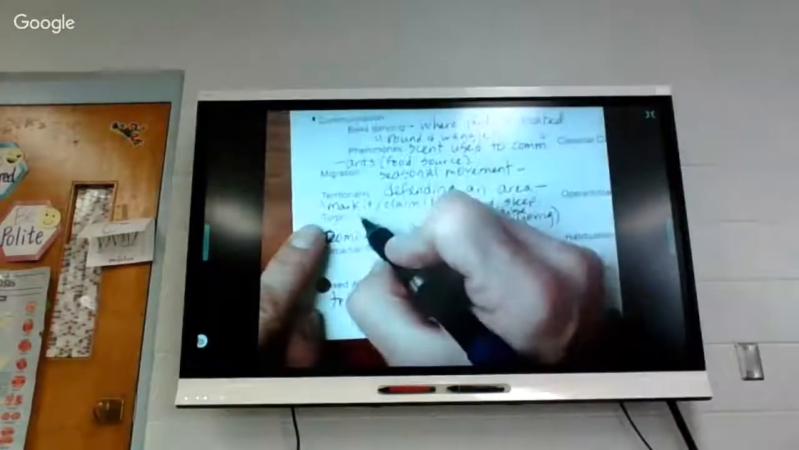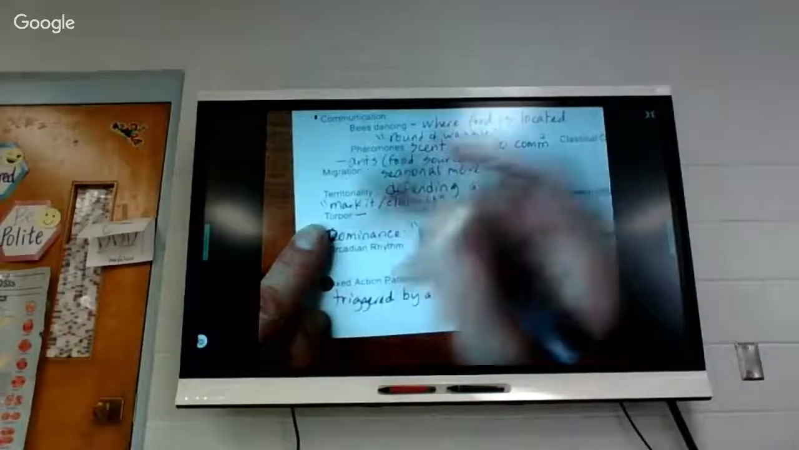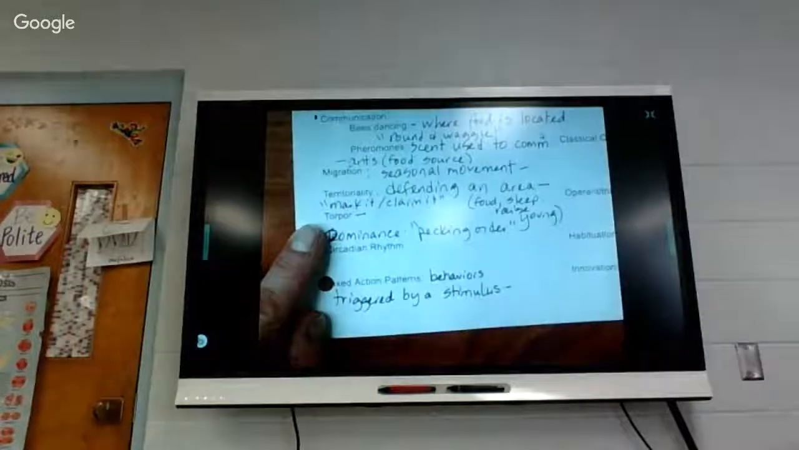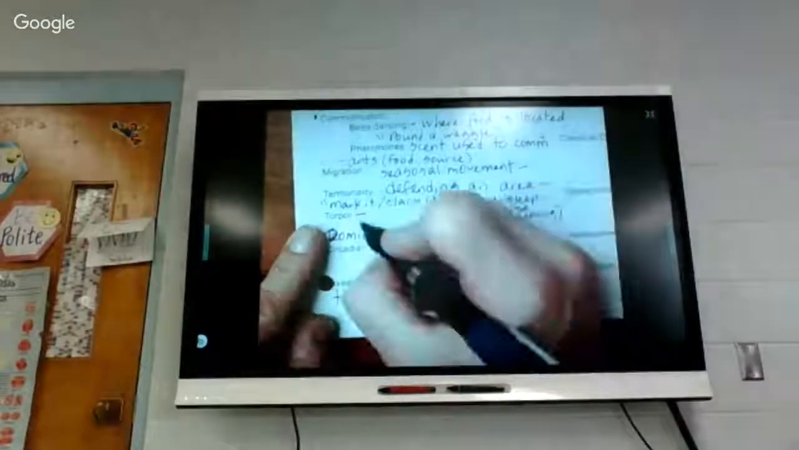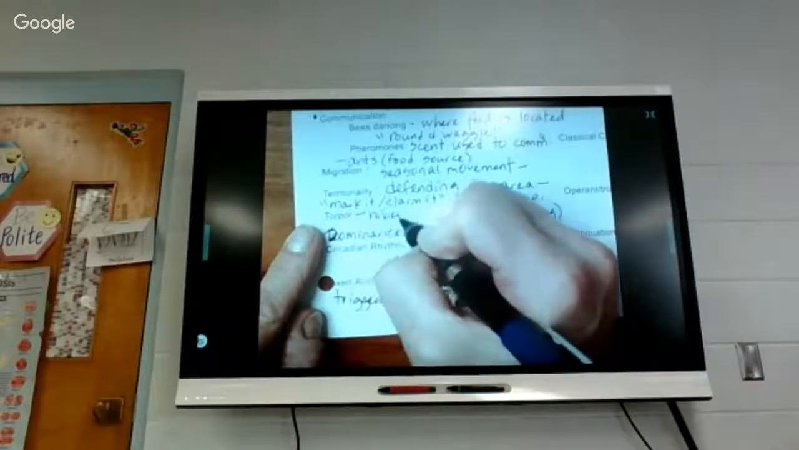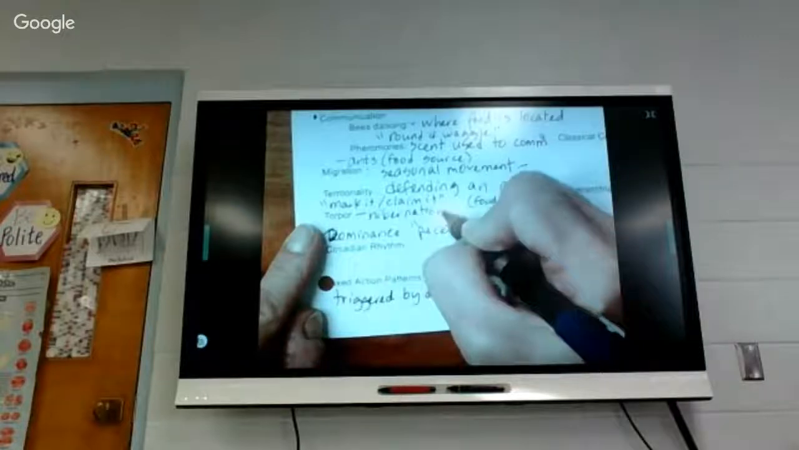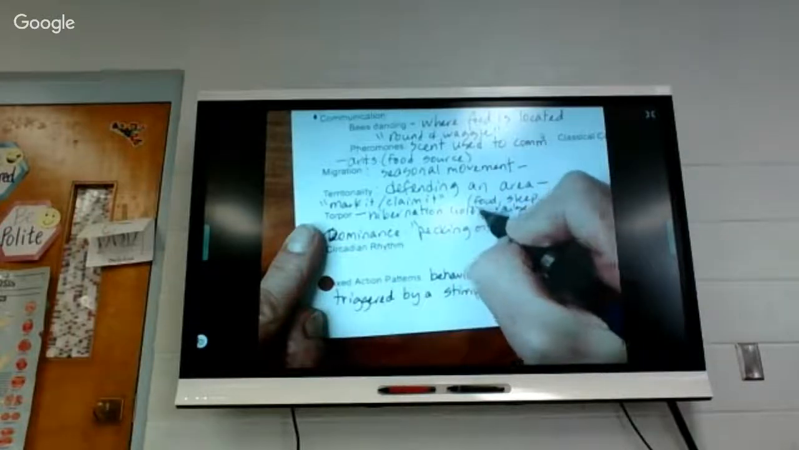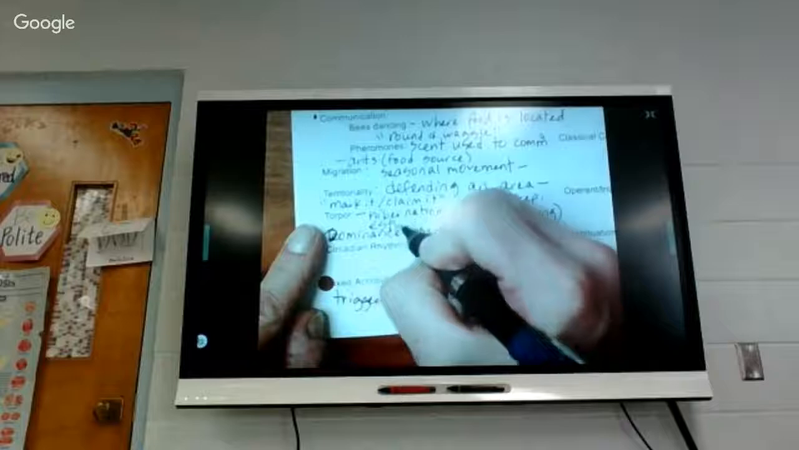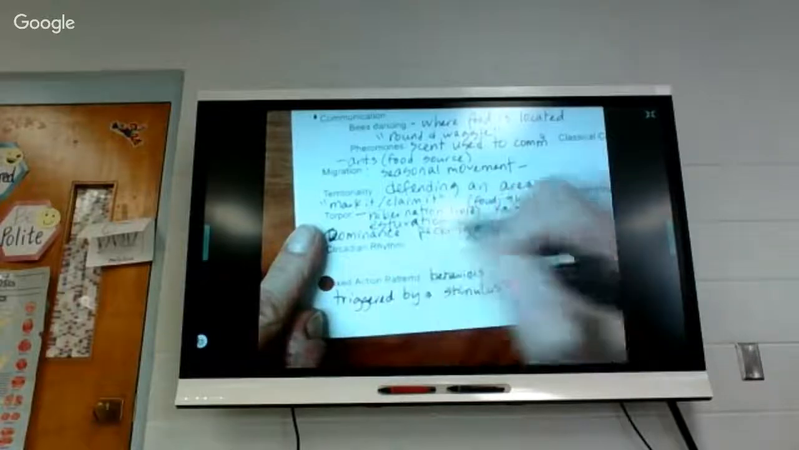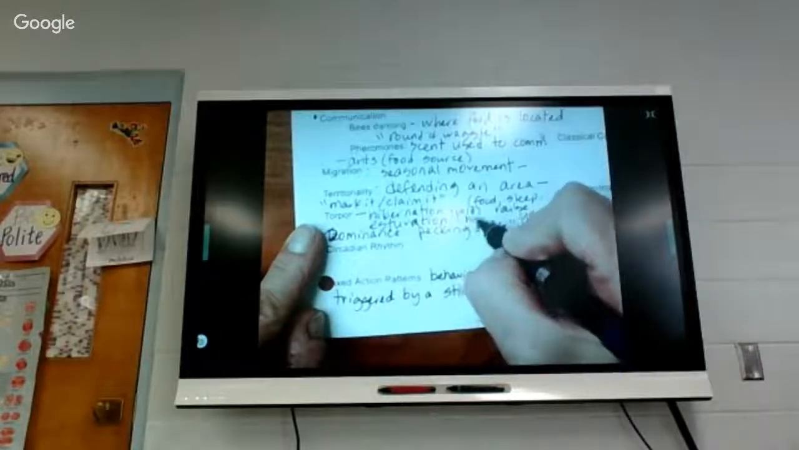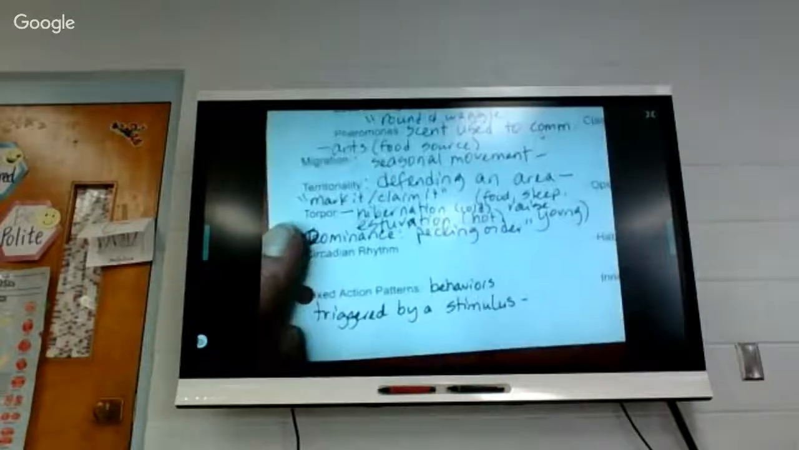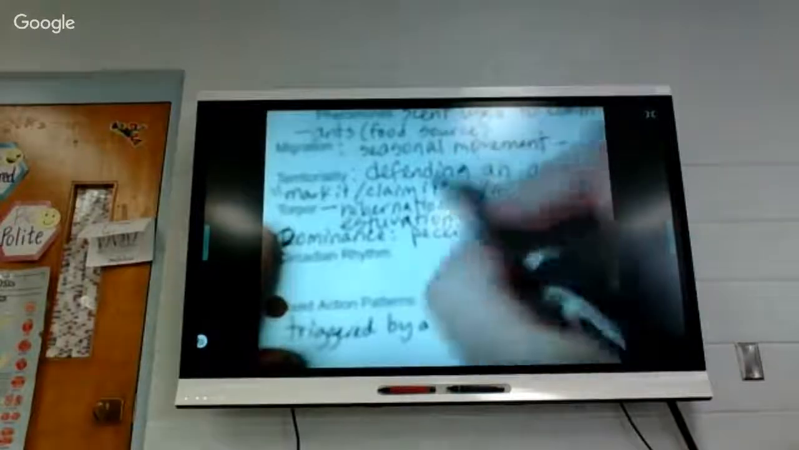And then torpor, you're going to see a little video clip of this. This is actually two things. This is a deep sleep. So if you don't migrate and you can't handle the cold or the heat, there's two kinds. There's hibernation for the cold, and it's estivation. I'll make that bigger because this is really scrunched up. That's when it's hot. So if it's really hot, if there's a drought,